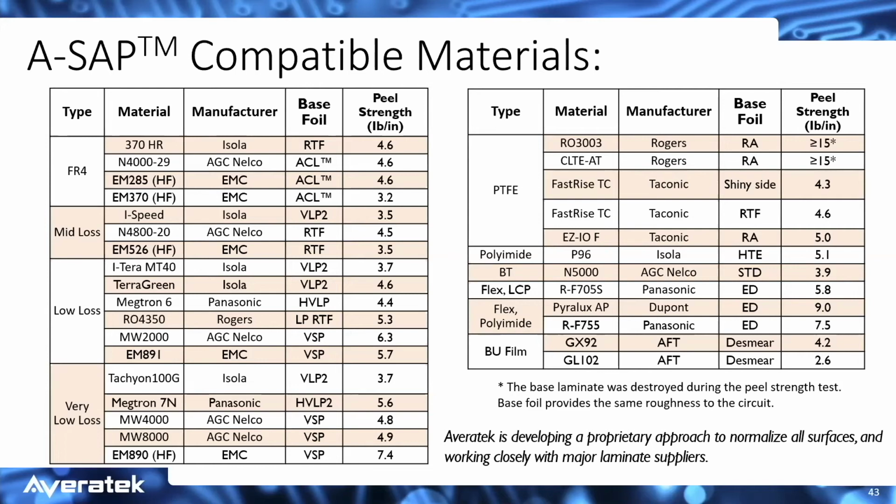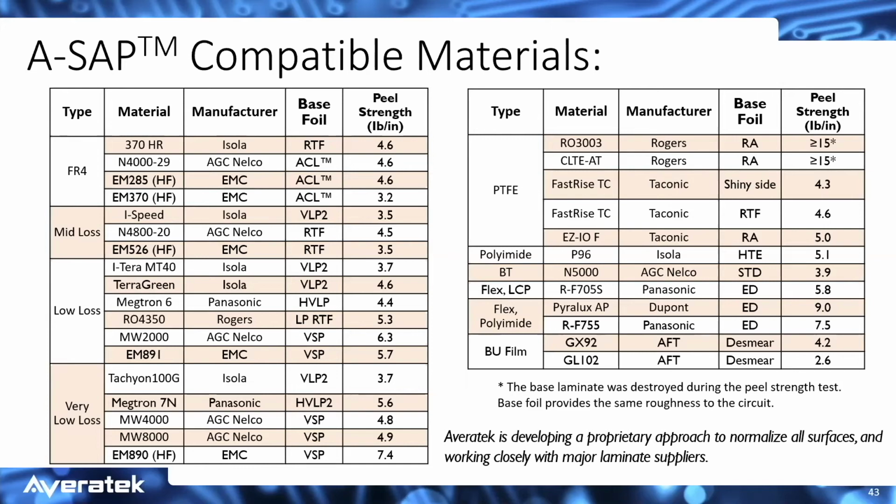So you can see that we're listing what the base foil was for that purpose. So you can see what the original roughness of the surface was. And you can see that we're getting well above 4 in most cases, even for the very low loss materials. Some of the other surprises here: if you look in the right column, the PTFE for the Rogers 3003 and the